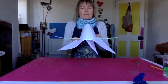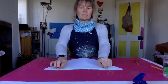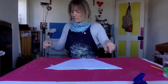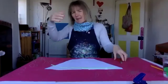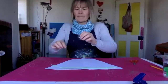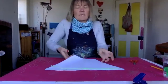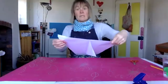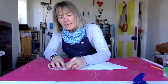So it's currently like that. So I'm just going to add 2 more bits of sellotape, pretty much over where the bendy bits are. I usually do it about 1 centimetre from the edge of the kite. If you are holding it, make sure that you're holding it down flat as well. Don't do it in your hands, because otherwise you might end up sellotaping it like that, and then the wind will go over the top. You want it nice and rigid. Also, when you're sticking it down, if it sticks to the paper,